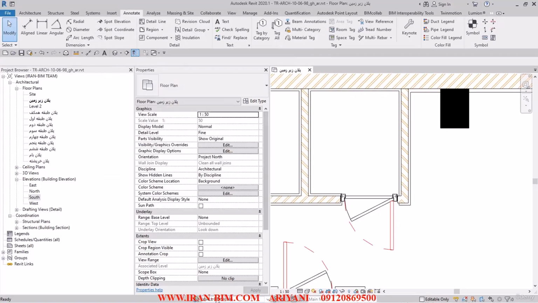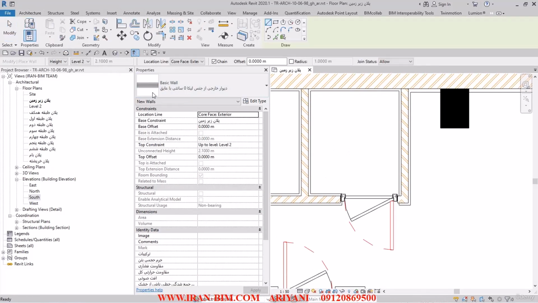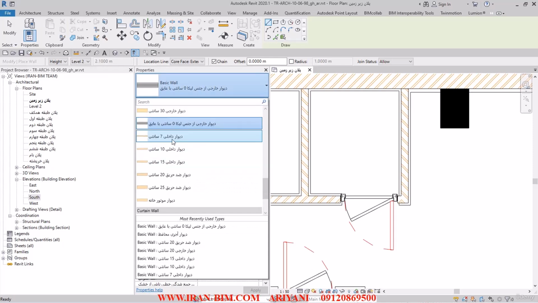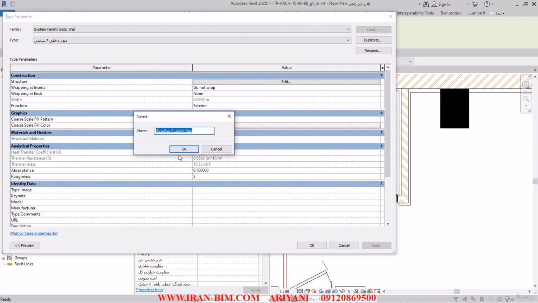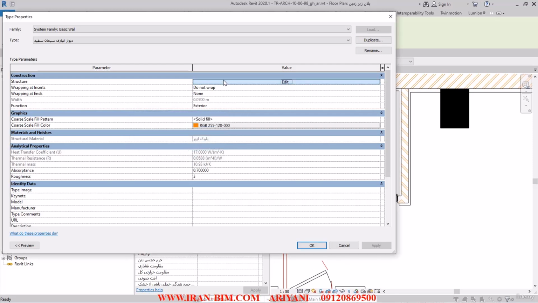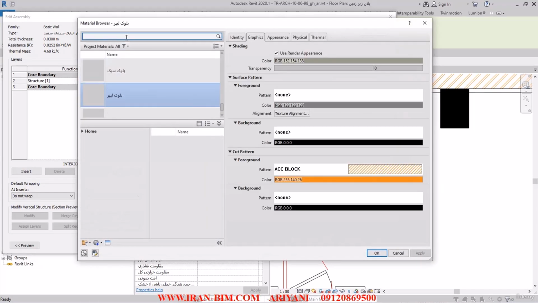So after I've done that, I'm going to go to the wall section, and from this part here, I'm going to choose the 7 centimeter inside wall. I go to the type properties, and I'll make a duplicate of it, and I'm going to name it white cement warehouse wall. So OK on this, and after that I go to the edit section, and I'll pull up the thickness. So I'll put this on 3 centimeters, and then I'll go to the material section, and in the